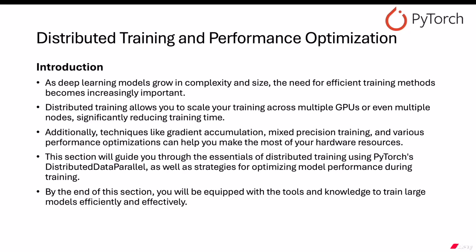Additionally, techniques like gradient accumulation, mixed precision training, and various performance optimizations can help you make the most of your hardware resources. This section will guide you through the essentials of distributed training using PyTorch's distributed data parallel, as well as strategies for optimizing model performance during training. By the end of this section, you will be equipped with the tools and knowledge to train large models efficiently